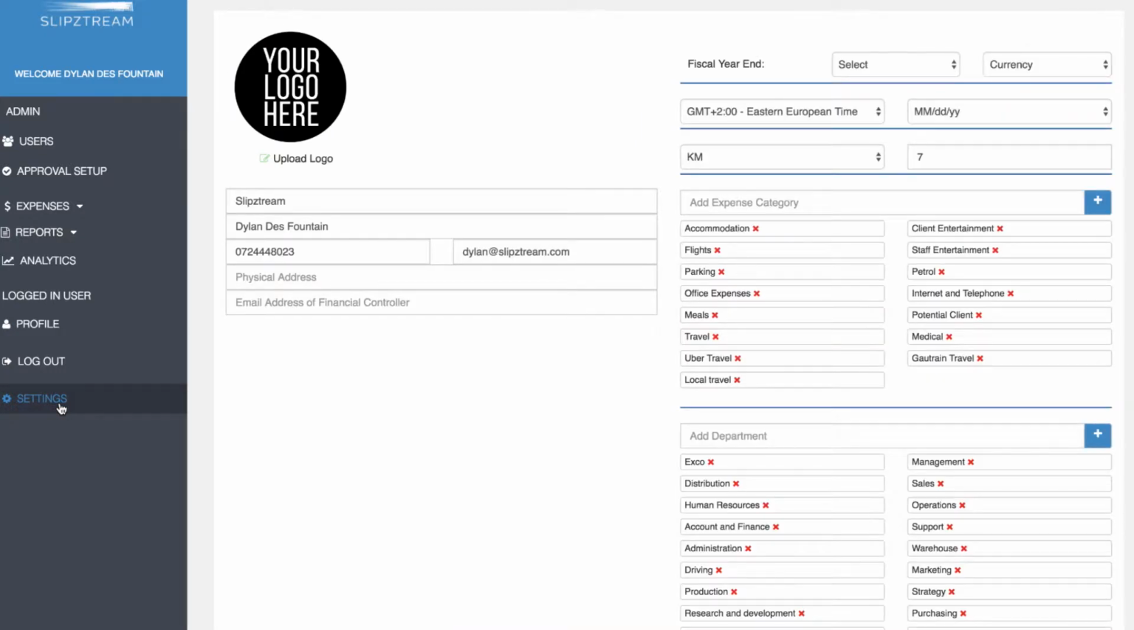and parameters. Start off by inserting your company logo and putting in all the details of your relevant company: your company name, the contact person's number, as well as email address, the physical address of the company, and the email address of the financial controller. On the right-hand side of the screen, you are then going to include the fiscal year end. Generally in South Africa, we're looking at February, as well as the main currency rate, the base currency. You're going to establish what your time zone is, as well as the date format that you would like to